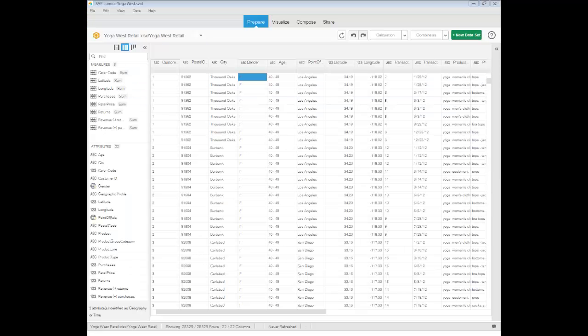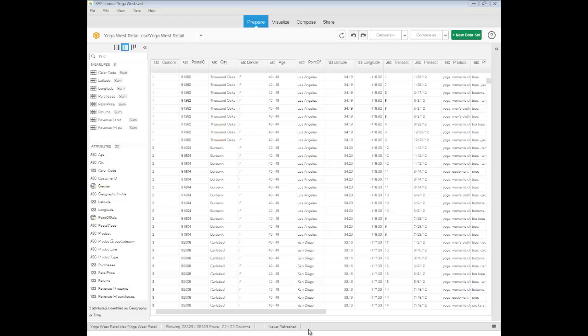Here I've opened a test document. Firstly, your eyes should fall on the 4 options in the topmost toolbar. These are the 4 rooms or workspaces: prepare, visualize, compose, and share. These are the core steps. In the footer of the application, you can see interesting information about your dataset, the number of rows and columns,